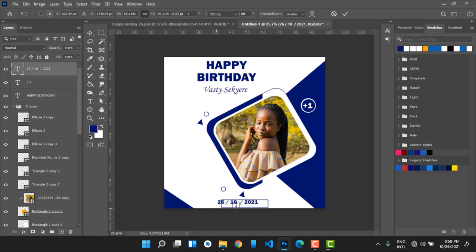So this is the fully explained version of this video I created earlier. For the first version I didn't explain, but this time I have explained how I use each of the tools in the Photoshop. And you know, most of the tools